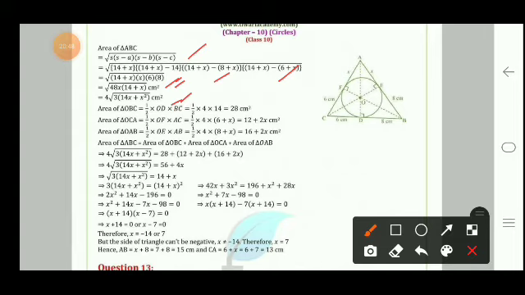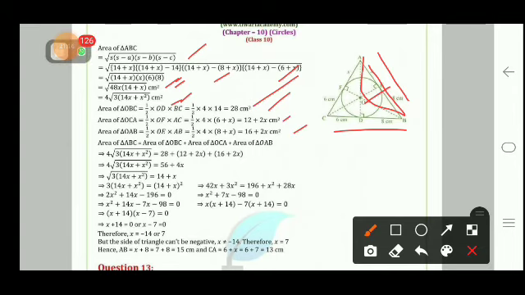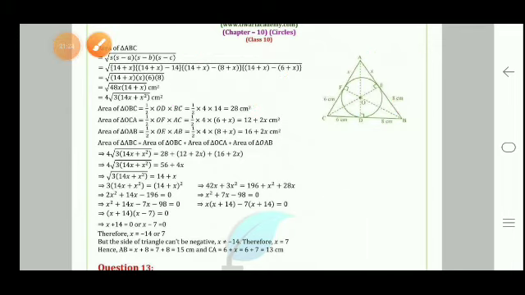Now we can also find the area of the triangle AOB. If we see the triangle AOB, the area can be found as half into base into height. So half into base is this much, into height is 4. So half into 4 into 14, likewise. So the area of this is half into 4 into x plus 8. Then the area of OBC is half into 4 into 14, then half into 4 into x plus 8. So likewise we can find the area of all three triangles, because if we take the sum of these three triangles, it means the same.